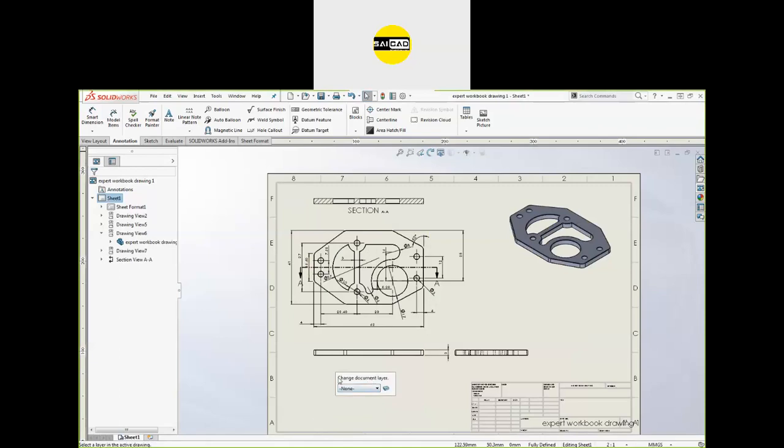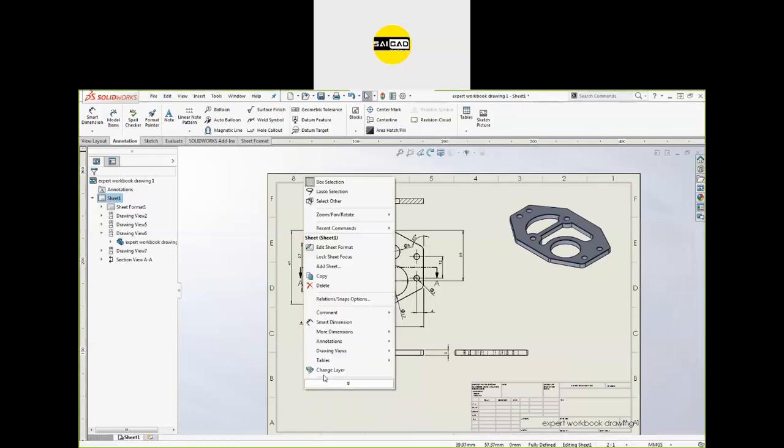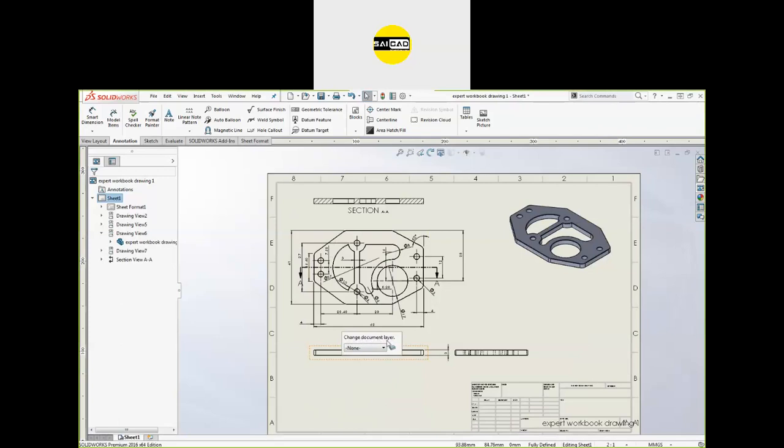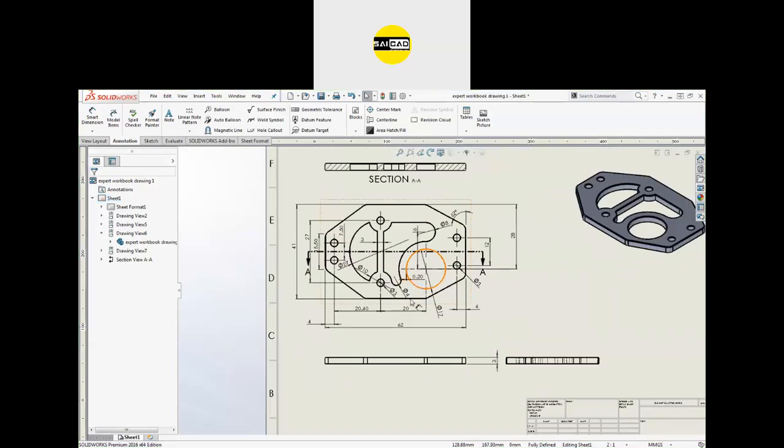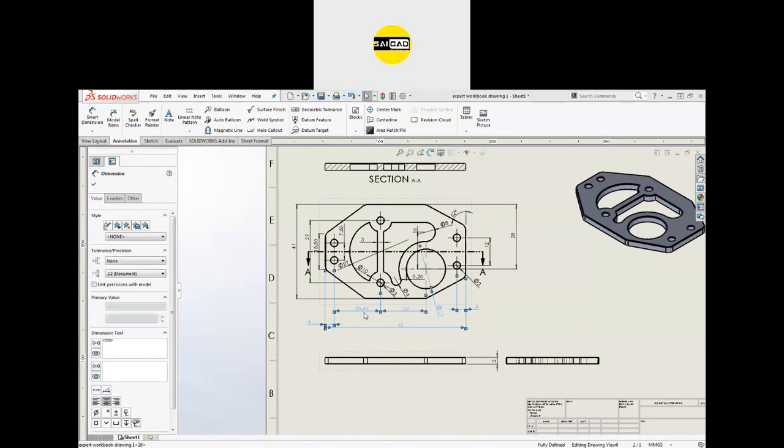When you click on change layer, you will get an option like this one. This is the change layer, document layer. Which layer do you want to specify? There is the standard, there is none, there is format. I want to choose the format layer. So you can just select the object like that, right click and change the layer. I want to define a format. Sometimes you will have some issues. All the objects will be converted to the format.